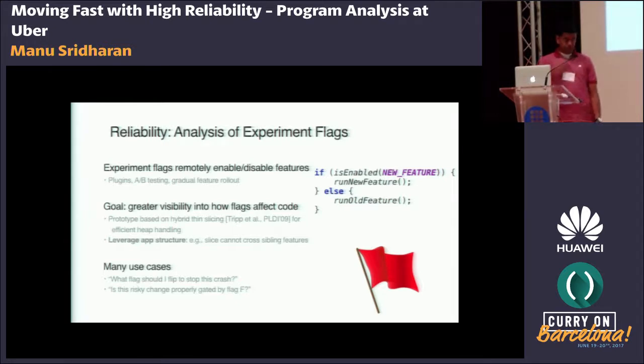Or someone is trying to push a change into the app, and we think it's kind of risky. Already, we actually require developers to say, what's the revert plan on this change? What flag can you flip in order to turn this off if it doesn't go the way you expect? But there's no analysis that's actually checking that all those changes are gated by the stated flag. So if we could check that statically on the diffs, I think that could be quite valuable also. And there's a bunch of other applications of this, so I'm pretty excited about what we could do with this.